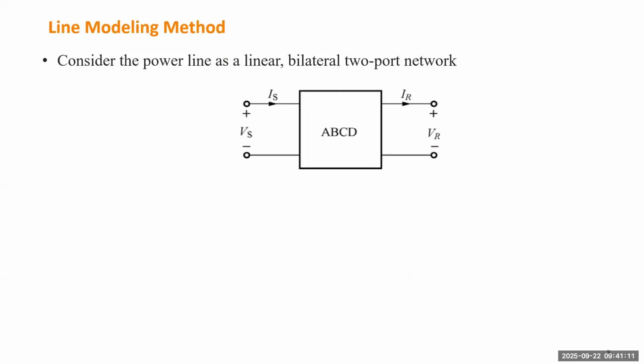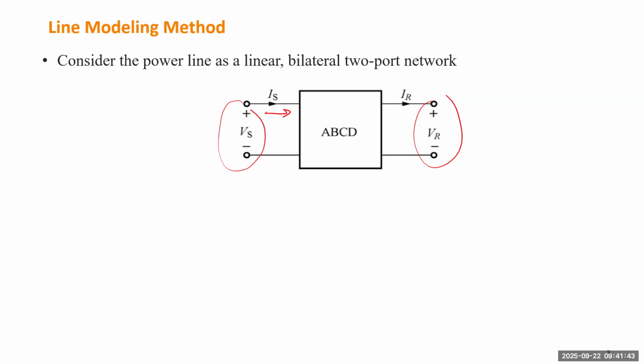We'll take the same approach for all the 3 line models. First, we'll treat the transmission line as a linear bilateral 2-port network, which means the transmission line itself is just equipment connected to both sides of the system. On the left-hand side, we call that the source voltage. On the right-hand side, we call it the load voltage. And we assume current is coming from the left,